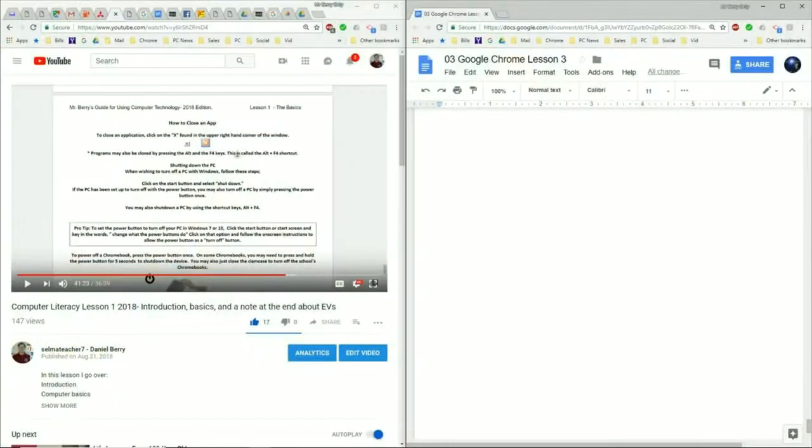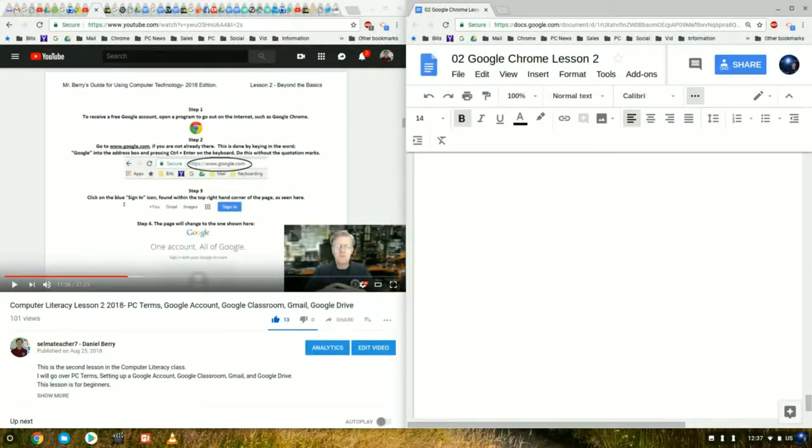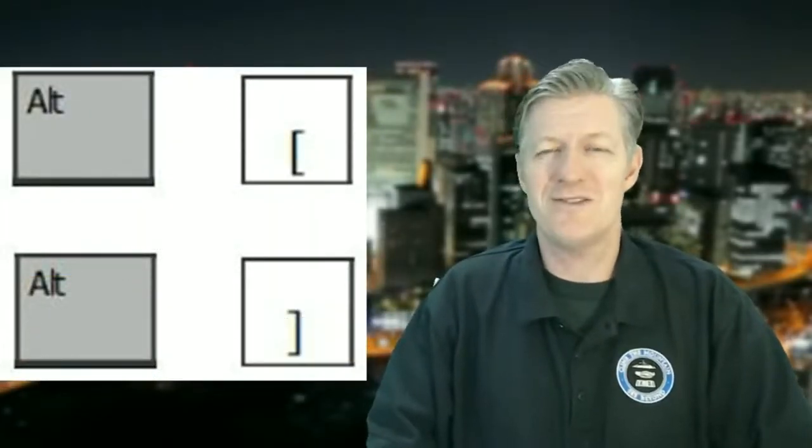On a Windows machine, you can use the flag key and the arrow key to position your active window, such as the lesson, over on one side of the screen, and use the flag arrow key again to center your lesson or your project work on the other side of the screen. If you're using a Chromebook, it's Alt bracket. If you use the Alt left bracket, it'll center the video over on the left, and if you use Alt right, it'll center that active window to the right. In this case, it could be your project. So let's get started with the lesson.